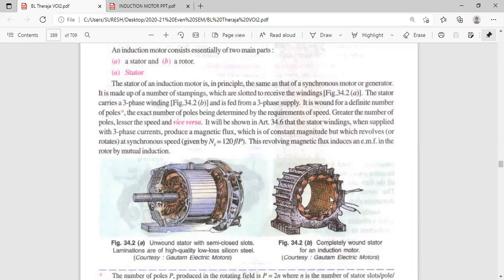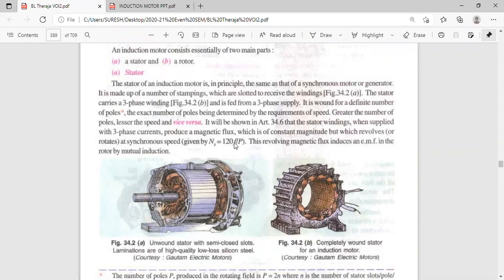When current is passing through the three windings, flux is developed. Around the current carrying conductor, flux is developed. When current is passing, it produces a magnetic flux, which is of constant magnitude, but which revolves at synchronous speed. Ns is equal to 120 F by P. If frequency is 50 and number of poles is 4, 120 into 50 by 4,